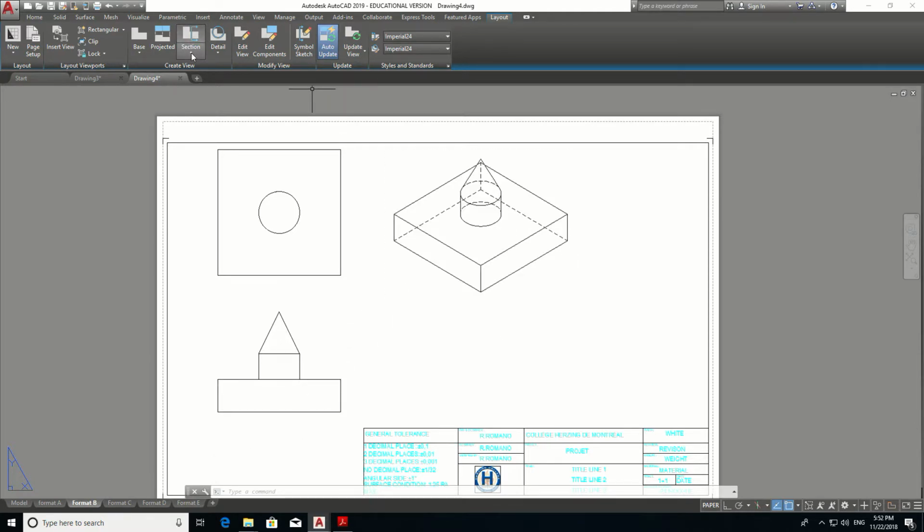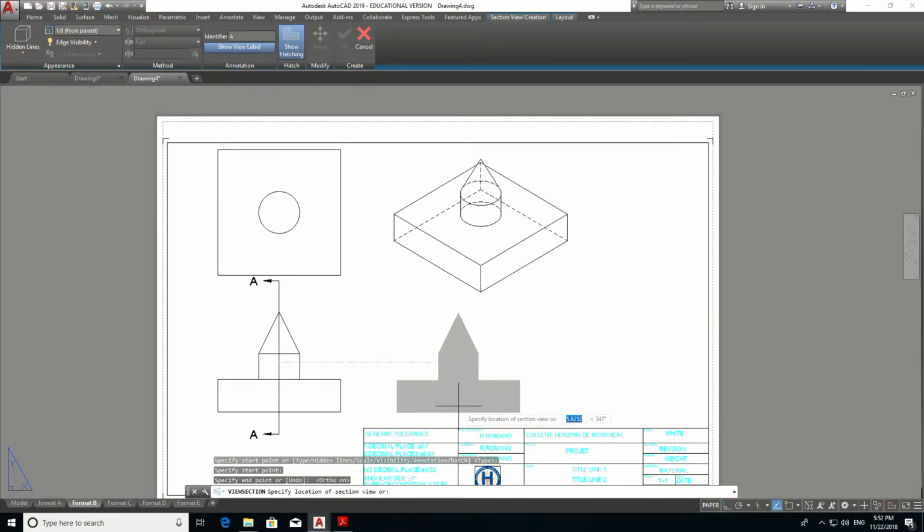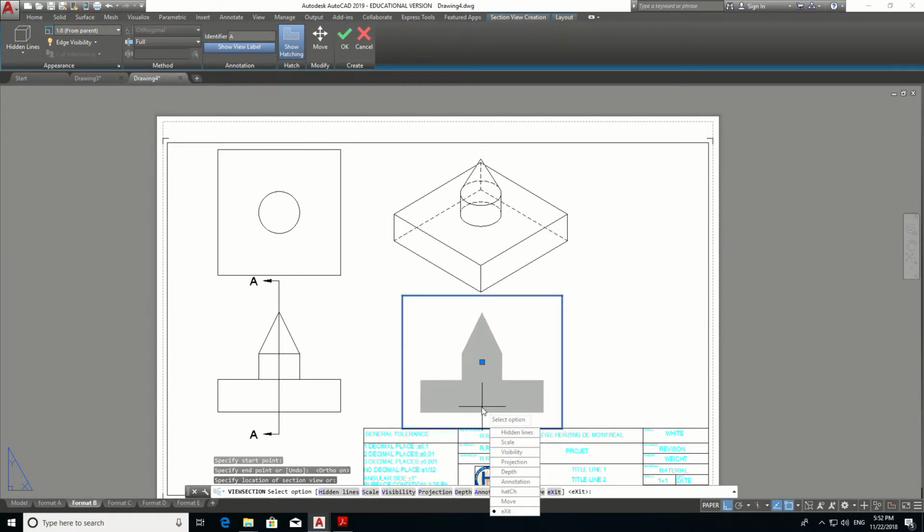Now if we wanted to have a section here, look how simple it is. Go to section. Let's do a full section. Click on this icon here, because that's the view you want. And I'll go right down the middle. Press F8 for a straight line. Accept, and you could go from this direction or this one. I'll do it over here. And right away you notice that you have more options again. This time I have the option